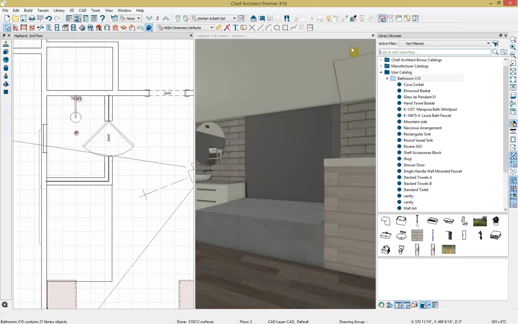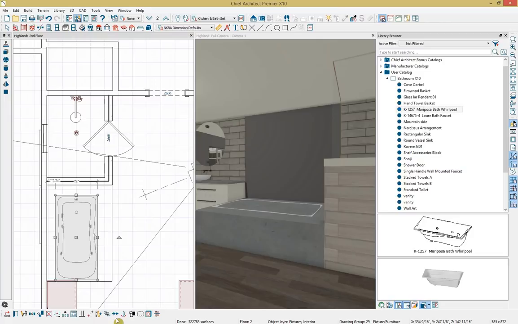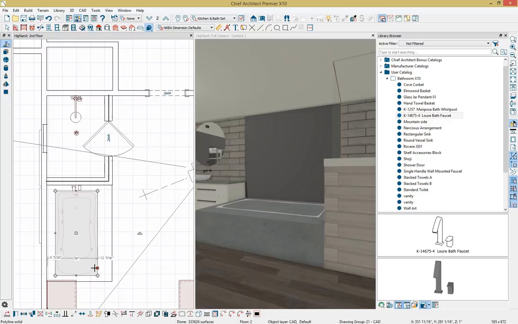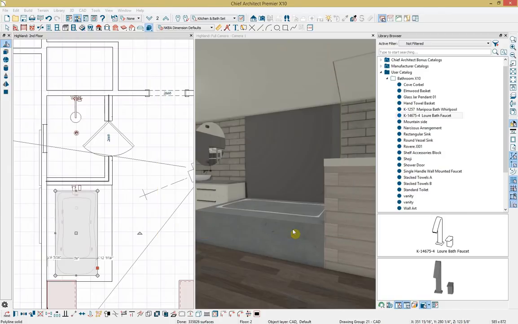This will drop us back into our user folder, and I'll grab that bathtub and I'm going to click to place it within our plan, and then I'm also going to center it. So we want to center it in our space, and then we'll also add in our faucet. So we have our bath faucet here. I'll click to apply it, and then we also need to use another polyline solid to open up that bathtub. So I'm just going to click on top of that, click Control E on the keyboard. We're going to set the thickness to 20 and then place a hole right in that bathtub,